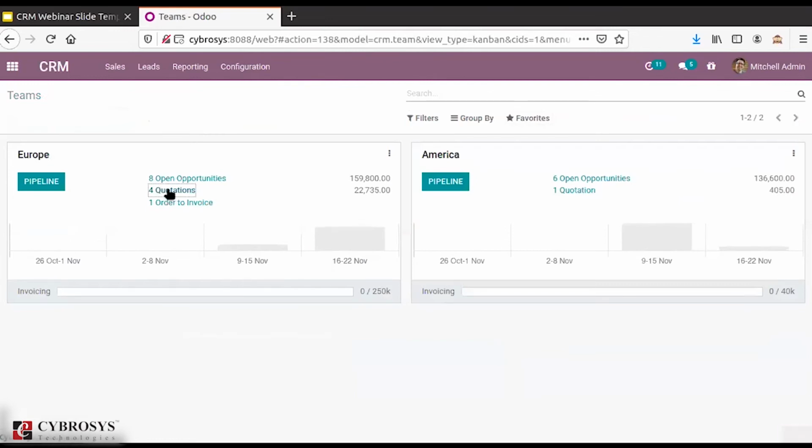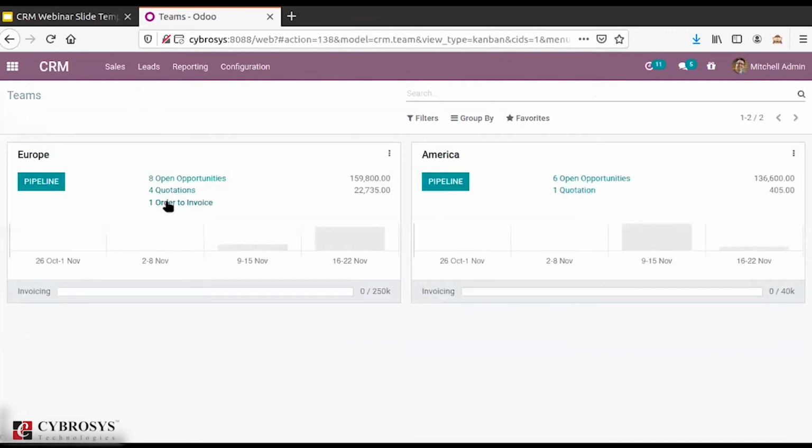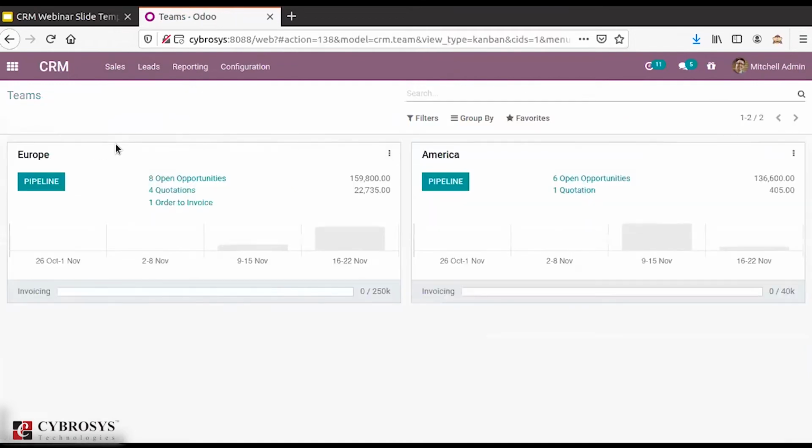Then you also have the 4 quotations with the sales team and their different status, and you can also see one order to invoice option. So one sale order has been created but it is not yet invoiced. With this team pipeline management itself you can see the related information about your sales team and the things assigned to your sales team.